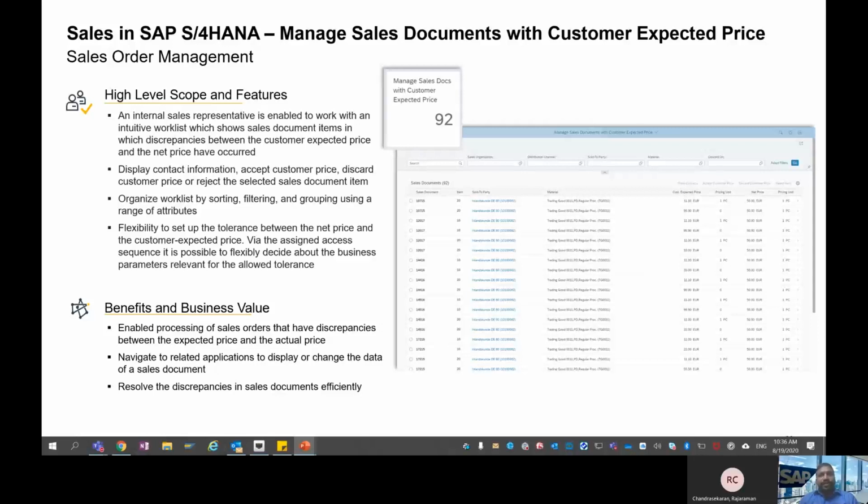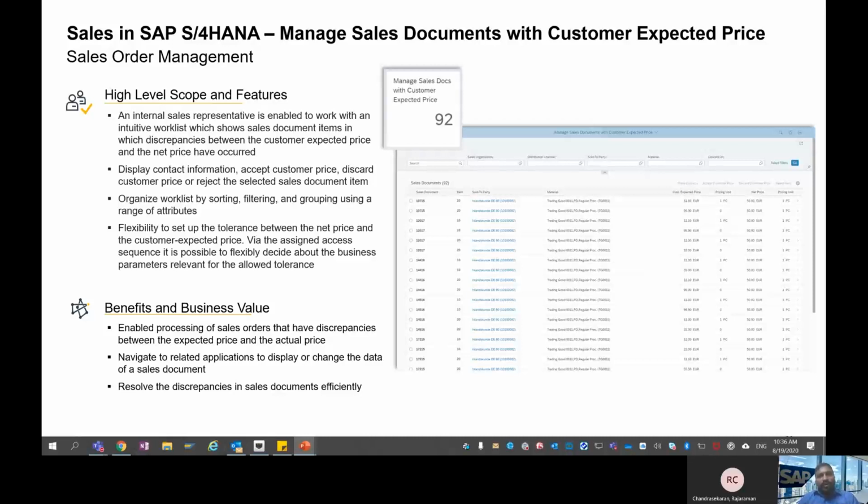The sales team is enabled to display customer contact information, accept customer price, discard customer price, and reject the selected sales document item. All this is enabled in this app. The sales representative or sales manager can organize these work lists by sorting, filtering, and grouping using a range of attributes.